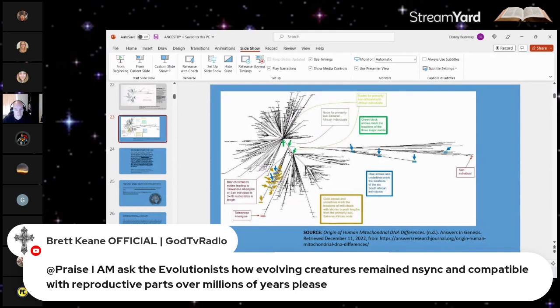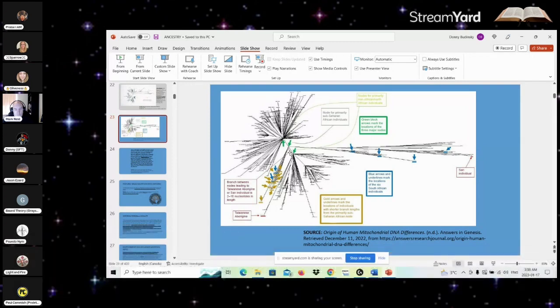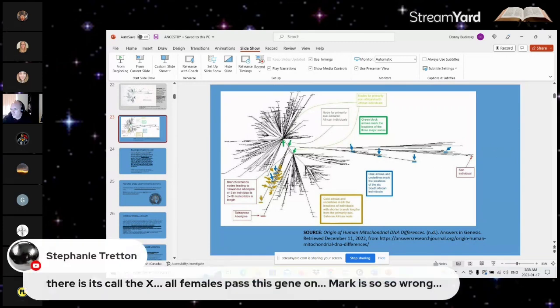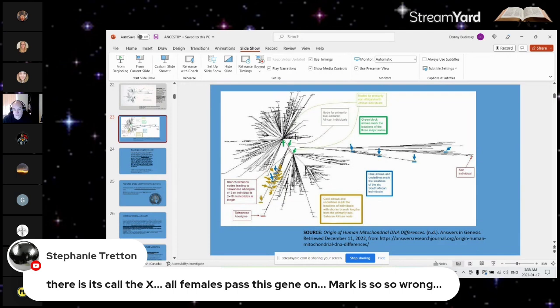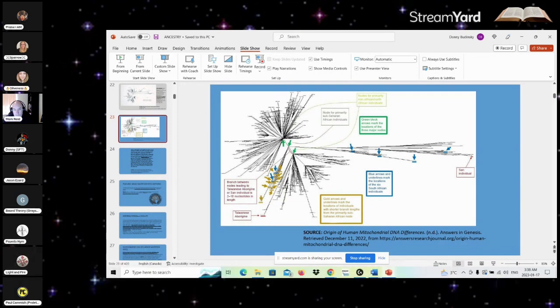And so you've got Shem, Ham, and Japheth and their wives. Since mitochondrial DNA is passed down from the mother's side, Shem, Ham, and Japheth are going to pass down their Y chromosome DNA, but they're not going to pass down their mitochondrial DNA. And it just so happens that mitochondrial DNA worldwide goes back to three major haplogroups, L, M, and N. To us, that fits like a glove, because Shem, Ham, and Japheth had three wives that we have all descended from. We could hypothetically say those three haplogroups are Shem, Ham, and Japheth's wives. I find that to be fascinating.